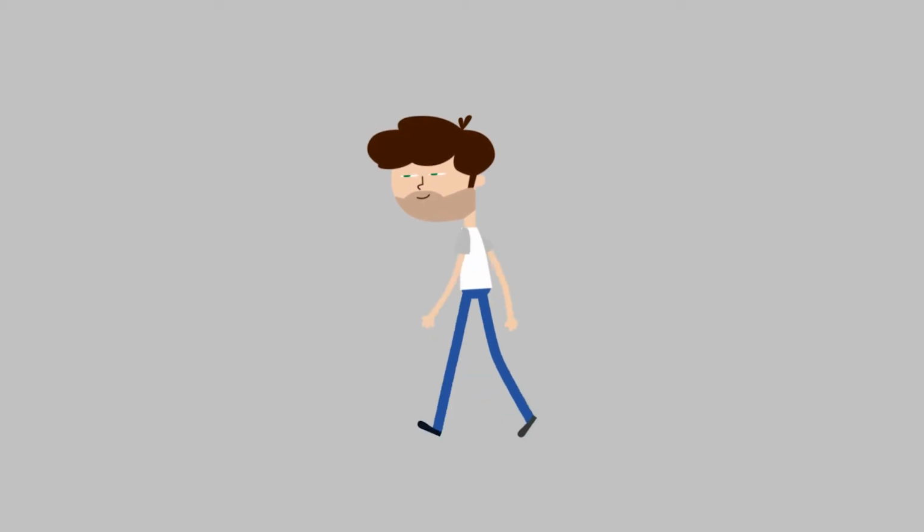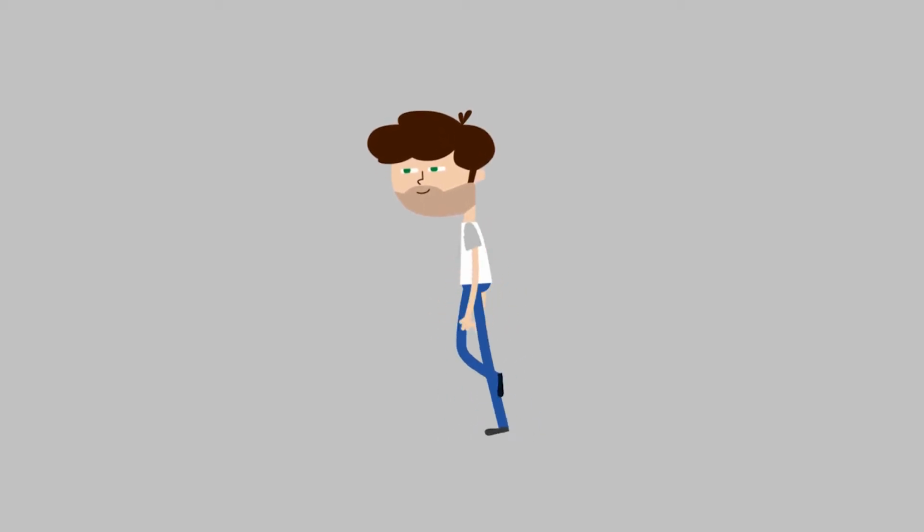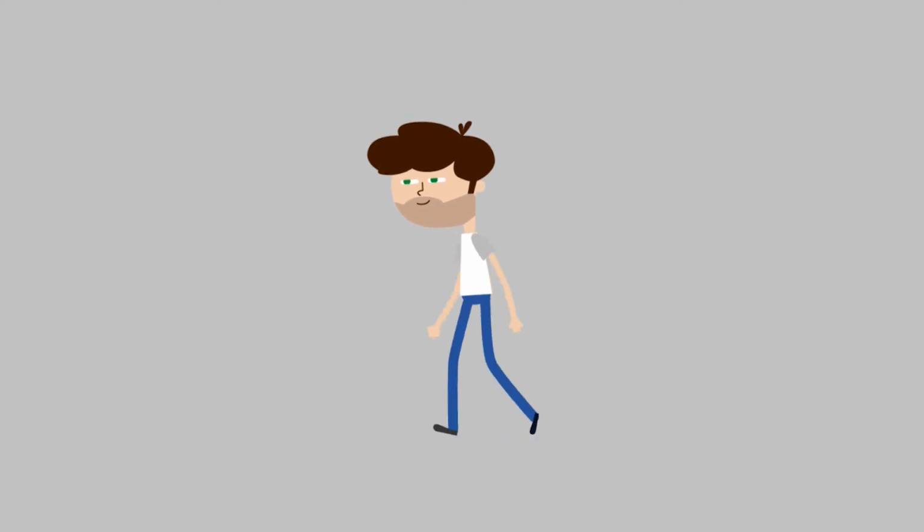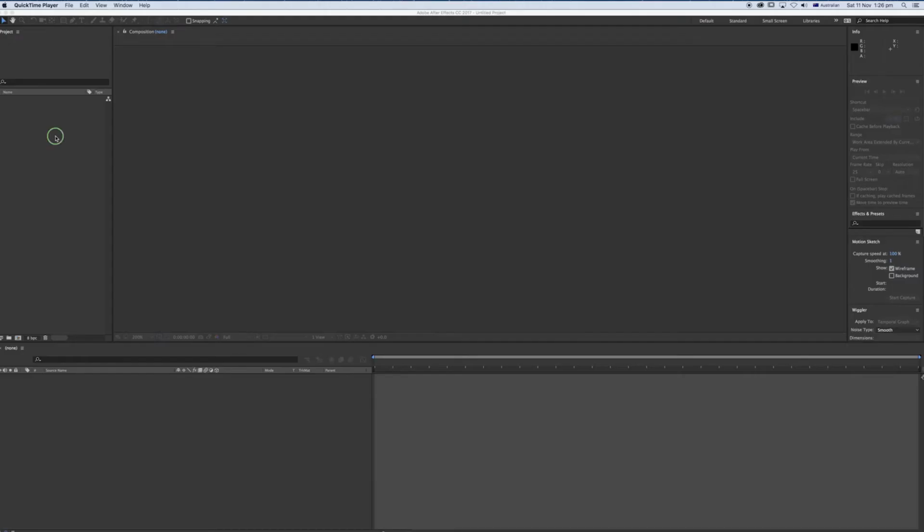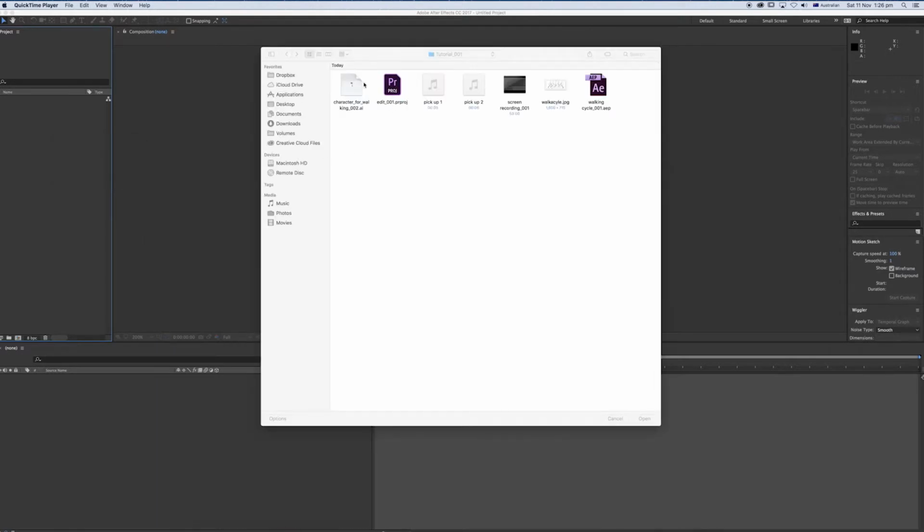Yo guys, I'm going to show you how to animate a walking cycle in After Effects. So let's jump into it. Grab your file, import your character,